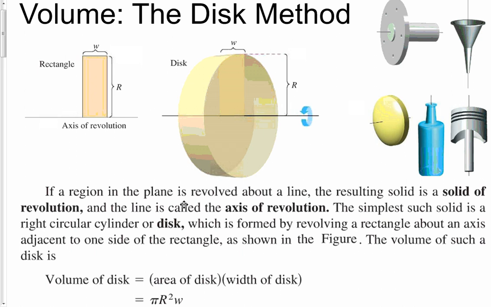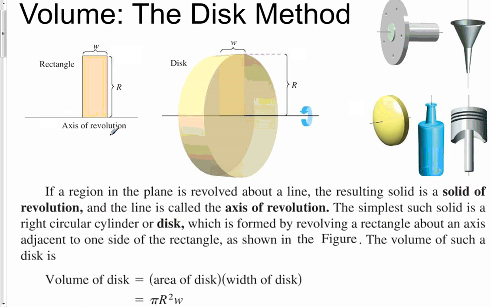Okay, now if we take a region in a plane, and here we have a rectangular region in the plane. The rectangle has a height of r, and a width of w. So you see the width here is w. So we take this rectangle, which is a region in the plane, and revolve it about